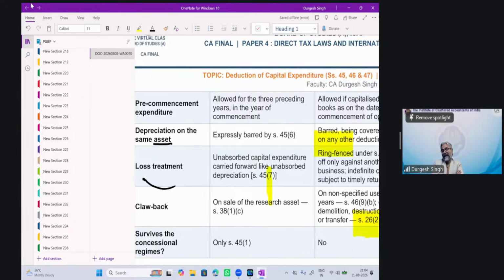This is the biggest inconsistency, students. You also pay attention to the inconsistency I was talking about in the last session. I have listed four sections and given a category for all of you. One says WDV as on 1st of April. If you see the calculation, it is the WDV of the last tax year minus the depreciation claimed in the last year. So it means it comes to 1st of April.